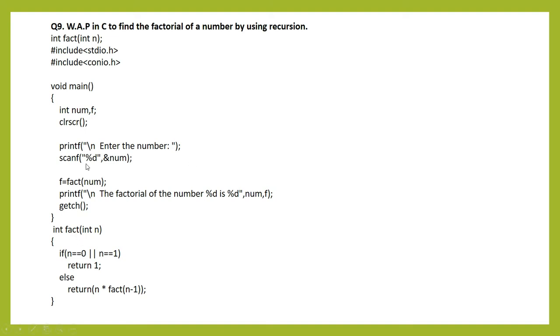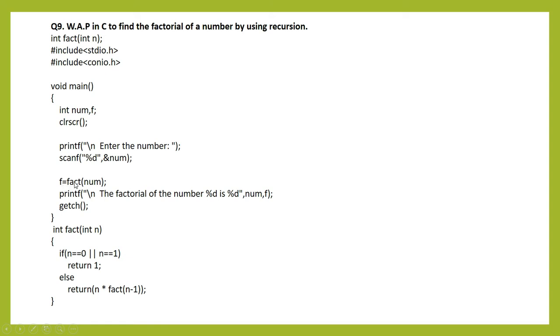Okay, so now see, now here the variable is defined as num and f is there for factorial. Enter a number, you are accepting a number here only. Suppose your number is 3, so it will calculate the 3 factorial. So 3 is passed to the fact function, and whatever the result is, 3 into 2 into 1, the 6 will be stored in f. So how will it store?